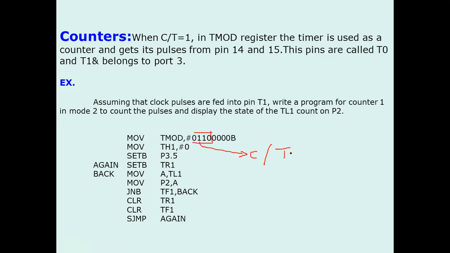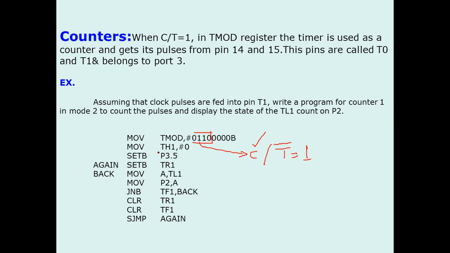If you remember the construction of the TMOD register, that 1 is the counter operation, and 10 is mode 2, that means 8-bit auto-reload mode. TH0 is loaded with 00, TH1 is loaded with 00, and then set bit